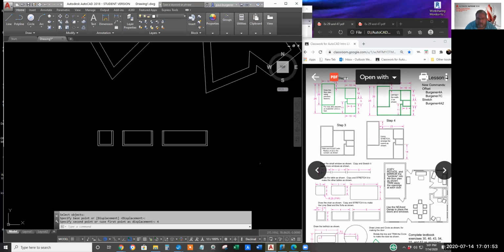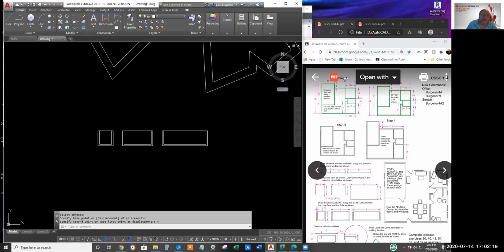Same way as we've done in past weeks, except for the first week, play the recording, and as usual, the first 30 minutes is a bunch of garbage, so just slide it over to about 30 minutes where it gets into the new content. Anyway, after getting the 3 windows, the 3 tables, the 3 chairs, and bathtub, and all that, feel free to copy these guys